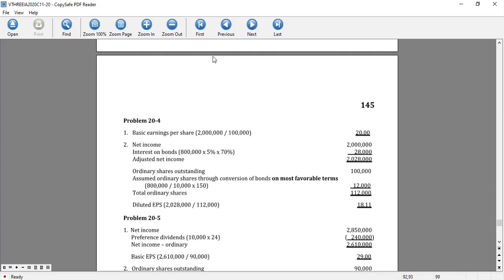That's 2,610,000 divided by 90,000 shares. So we have 29. The basic earnings per share in number 5, no? While in number 4, we already have the diluted earnings per share equal to 18.11. Now going to number 5, given is net income of